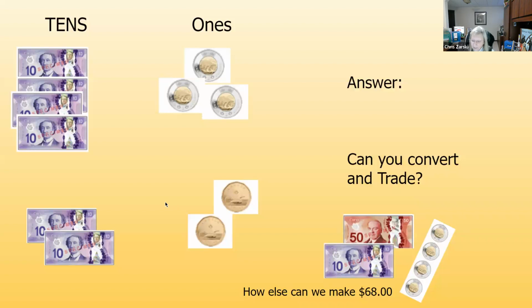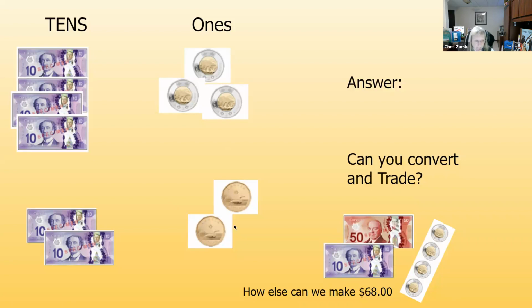And if they say no, that's fine. Just start there. That's okay. And they should be able to realize that a $50 bill, if I've done some work with them on the basis of 10s, then I know that 5 of my 10s could be traded and converted into a $50 bill. So I'm converting. So 5 of these are gone. I've still got 1 left over. So I could walk around with these coins in my pocket. That wouldn't be so insurmountable. I mean, it's not just 1 extra coin.